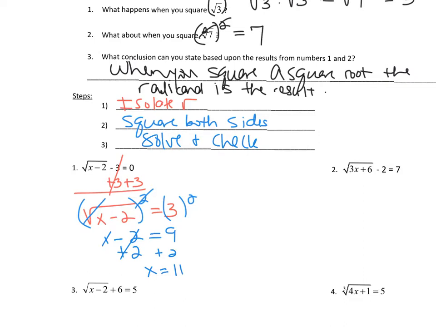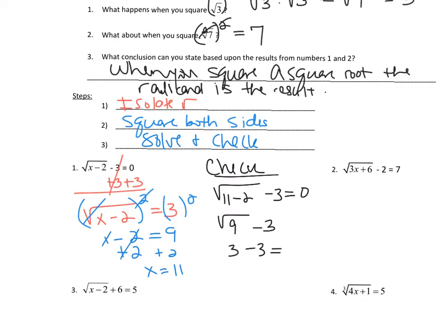So the proper way to check your answer is old school, where you would write the original problem and substitute for x. So 11 minus 2 is 9. Square root of 9 is 3, minus 3. 0 equals 0. That's the legitimate way to check your answer, is to substitute the variable, the answer you got,